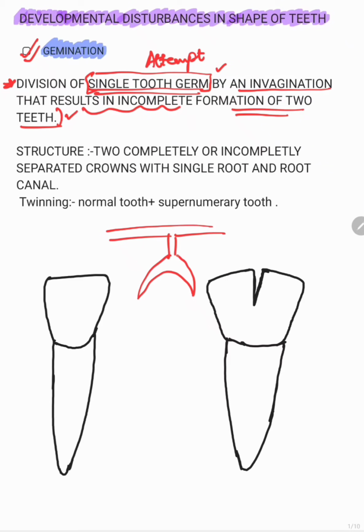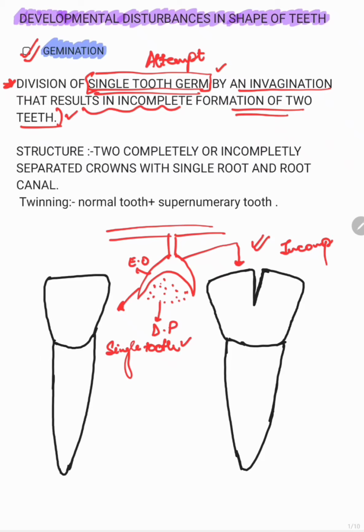Normally we know that there is a dental tooth germ, or this is the enamel organ, this is the dental papilla. So this is a tooth germ which gives rise to only a single tooth. But in gemination, there is an attempt to divide into two teeth. So there will be an attempt which results in incomplete formation